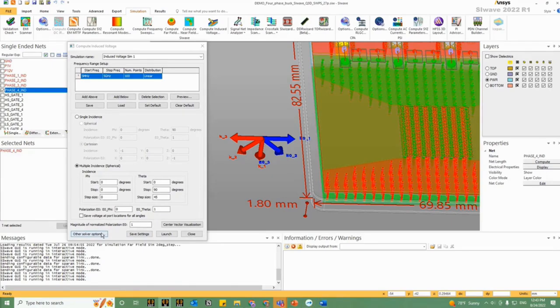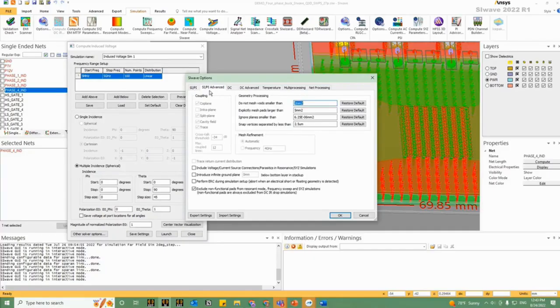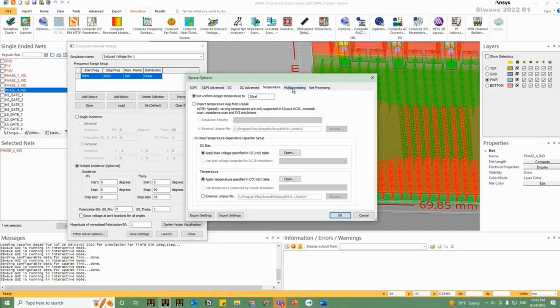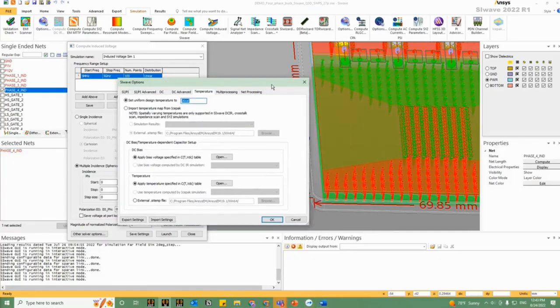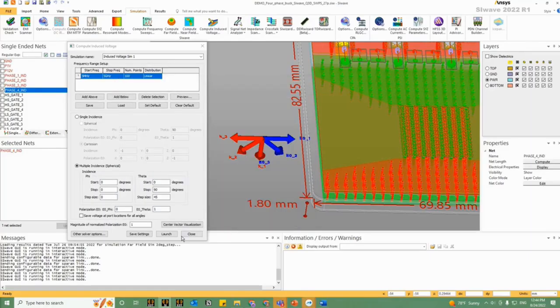So once you have this set up, you can go to other options here. Here will help you configure the accuracy, and you can set a temperature. So there's a temperature dependent material for some manufacturers of the capacitors, and for the material properties of the board. So here you can define the design temperatures, and then under multi-processing, here you can define the number of cores to use. The more cores you use, the faster it solves. So in this case, we are using 4 cores for this simple board. 4 cores is good enough, and it typically solves in